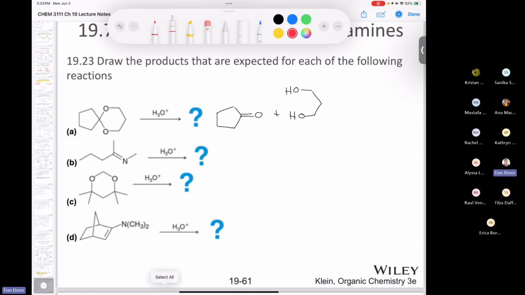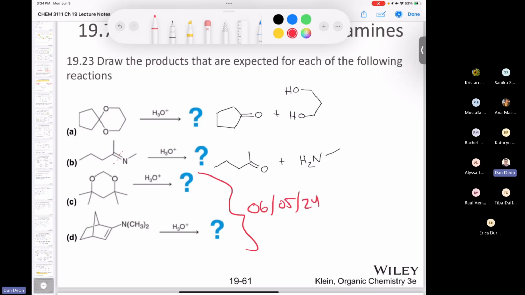Now here's my imine, my Schiff base. So I'm going to break this bond right here. And so my starting ketone is going to look like this. We're going to have a double bond, but not to nitrogen, but rather to an oxygen atom. My primary amine is going to have a nitrogen with 1 methyl group, so it's just going to be methylamine. There you go. So what I'd like you to do for next class is try to draw the products of these 2 reactions,